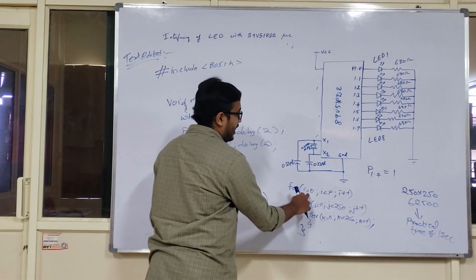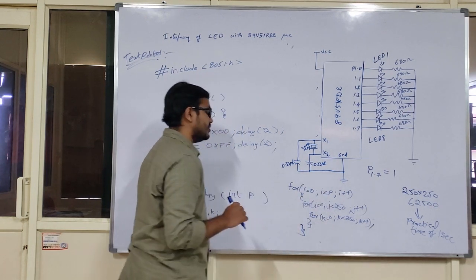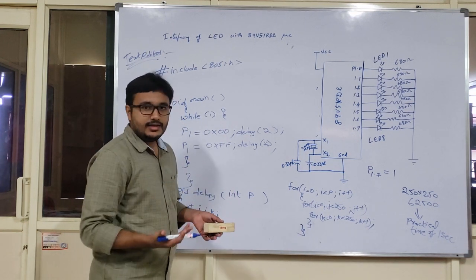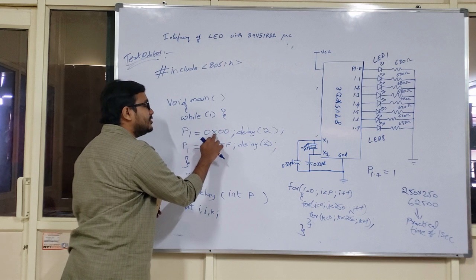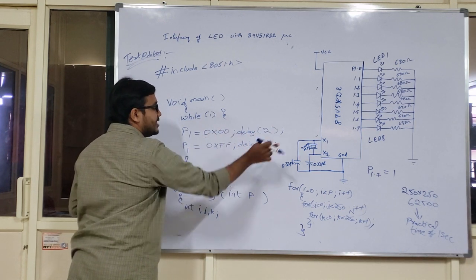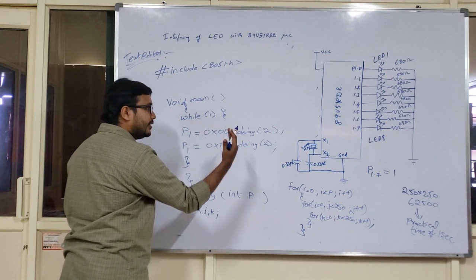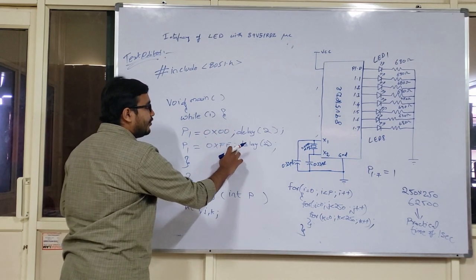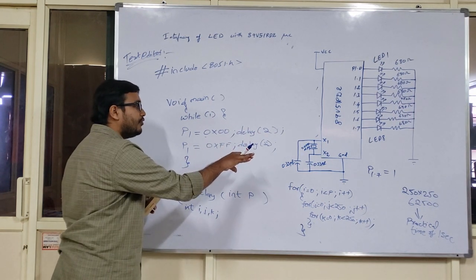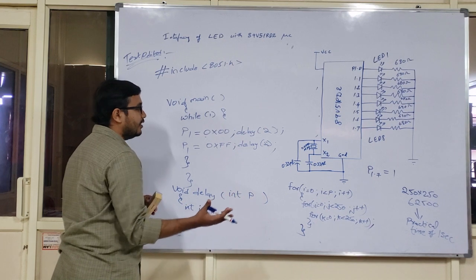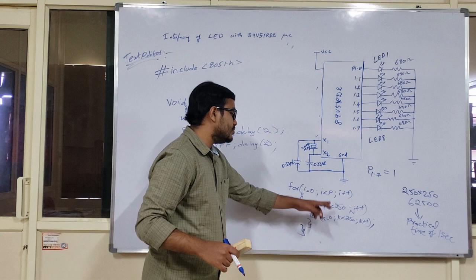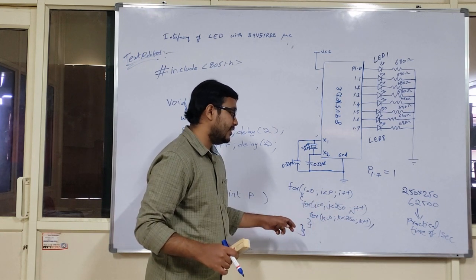That means here I will be having I equal to 0, I is less than p, I plus plus. What I finally would like to say is P1 equal to 0x00 will be for 2 seconds amount of time, and after that P1 equal to 0xff will be again for 2 seconds amount of time. That means first 2 seconds it will be off, and for the next 2 seconds it will be on. Why? Because these two for loops are generating a 1